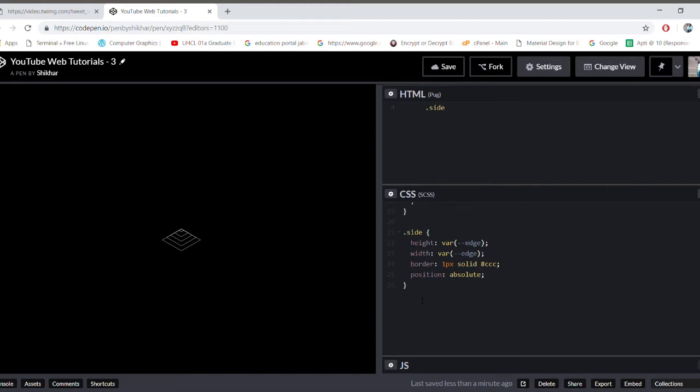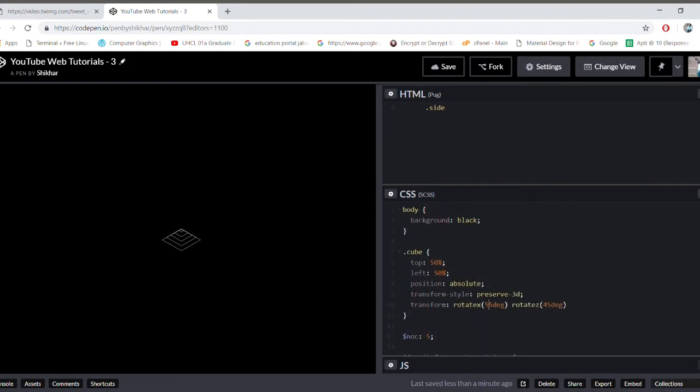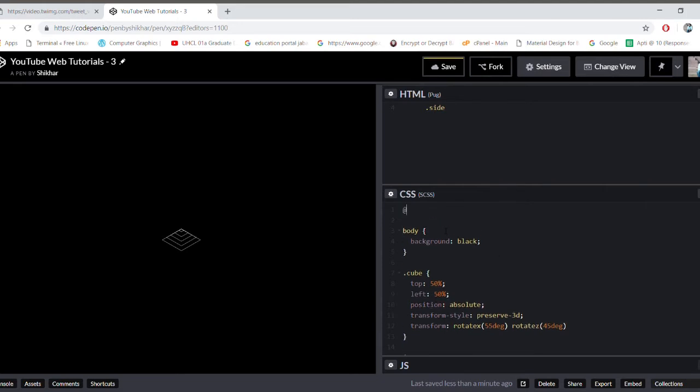That can be done via the CSS custom properties, but what cannot be done via CSS custom properties is deciding at what degree each of these sides needs to be transformed. To help us with that, we will be using a very popular library called Compass CSS3. So if I quickly import this library,